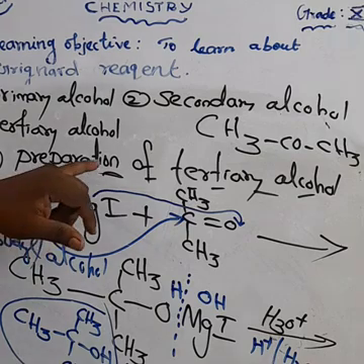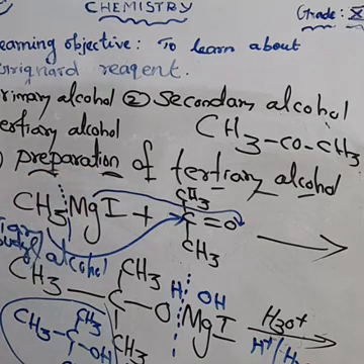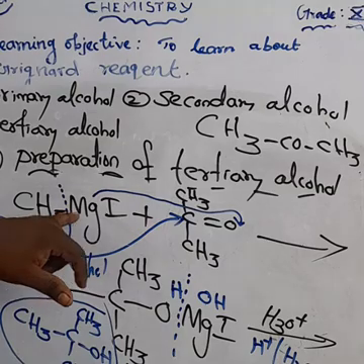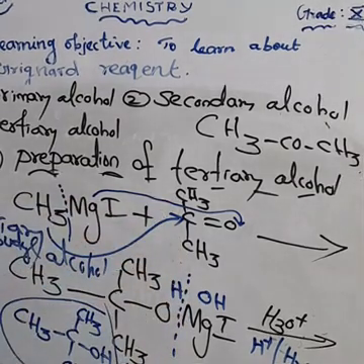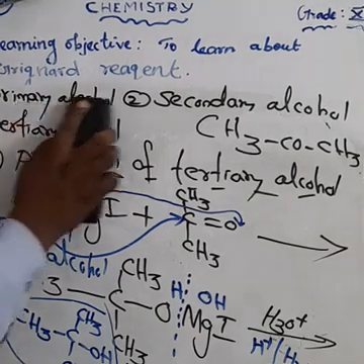The third one is the preparation of tertiary alcohol. That is, methyl magnesium iodide reacts with acetone, otherwise called dimethyl ketone. So what is our expected product? We get tertiary butyl alcohol. Okay. Next, one of the very important points is preparation of